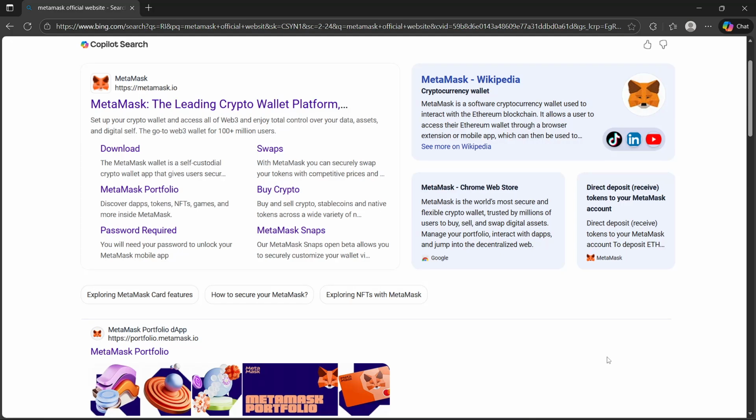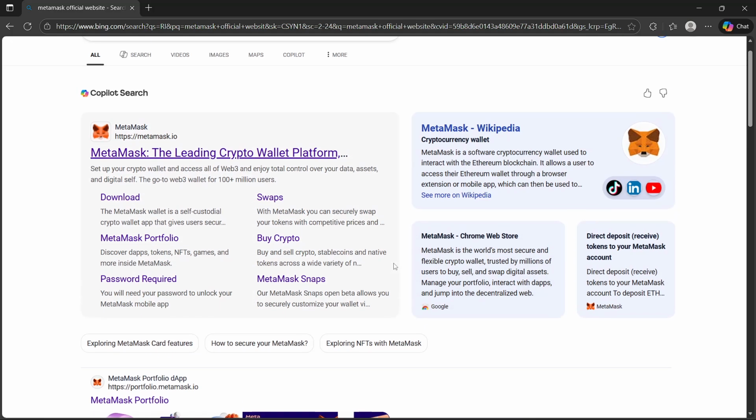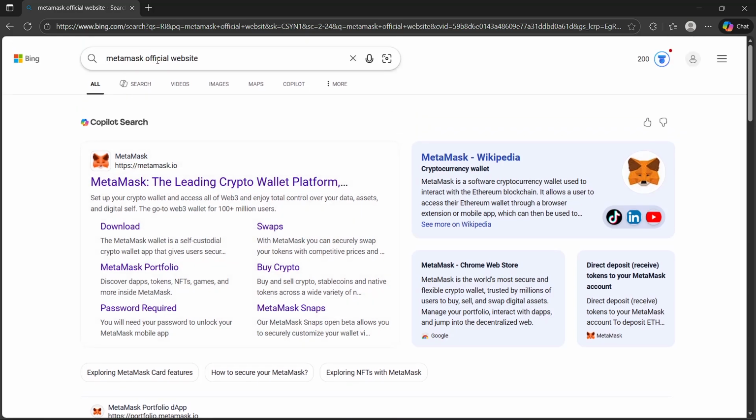Hey there, what's up? In this video, I'll give you a quick guide on how you can create a MetaMask wallet in a minute. So the first thing that you will have to do is look for the MetaMask official website,